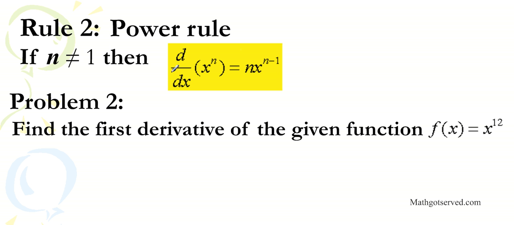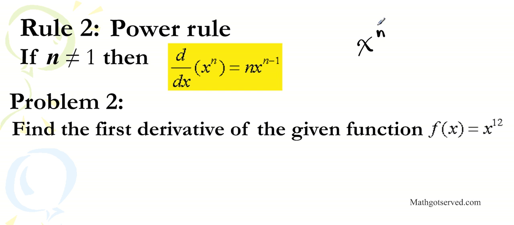Rule number two is known as the power rule. It says that if n is not equal to 1, if n equals 1 there's a special rule for that, if n is not equal to 1, then we can use the power rule right here. We have the derivative of x to the n with respect to x is n times x to the n minus 1. So just to give you a visual, if you have a function x to the n,